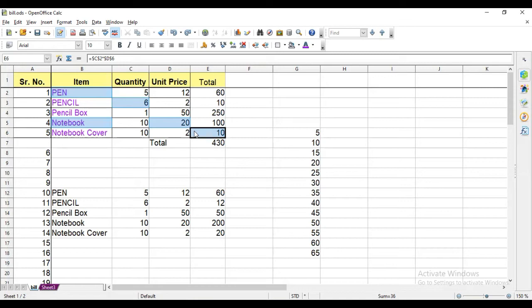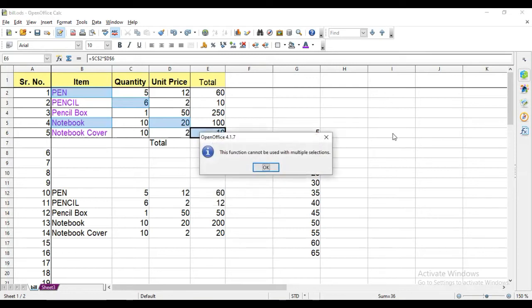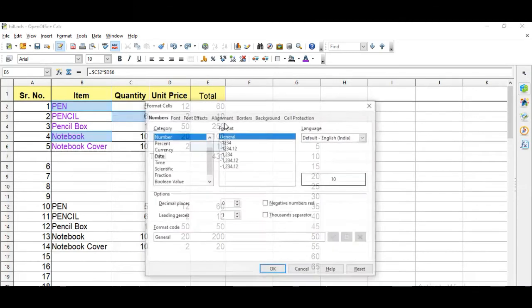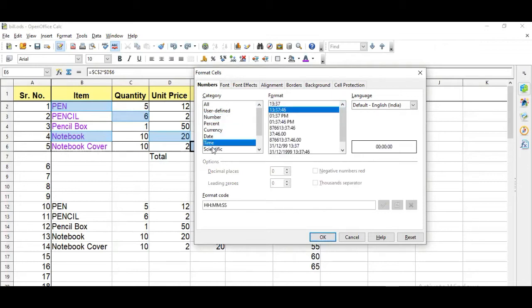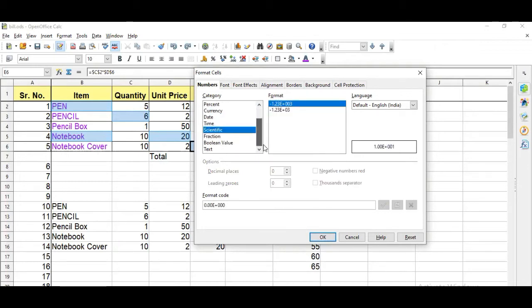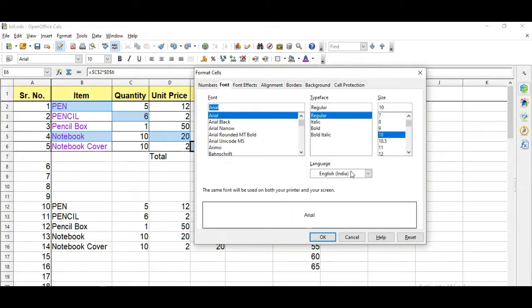Now I'm copying the content of these cells. Okay, copy, and now we are going to format this cell. For example, number, or date and time format, or any other format you want to keep for this cell. Font, etc., we can change.